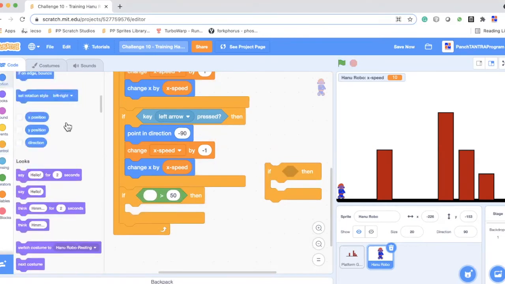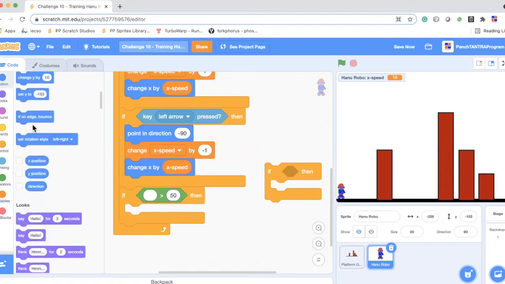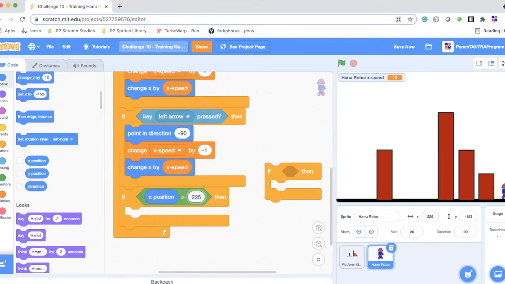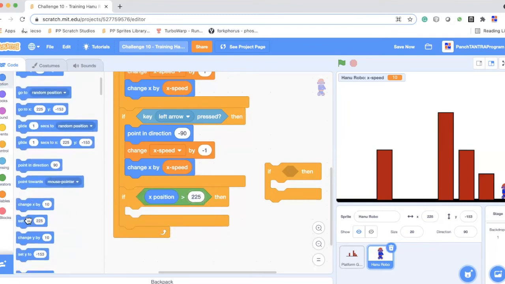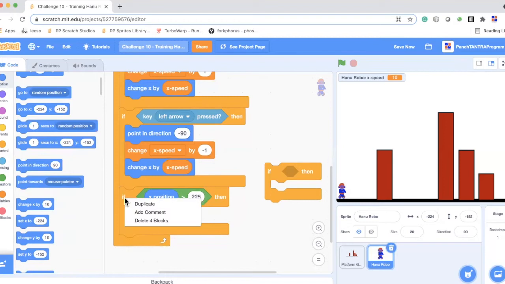We want to check the X position, which is in motion. Under the motion block, there are 3 variables. So we use this: if X position is greater than 240, is it 225? If it is greater than 225, then we can use the set block here. So we will set it to this position minus 224, and we will do the same thing.